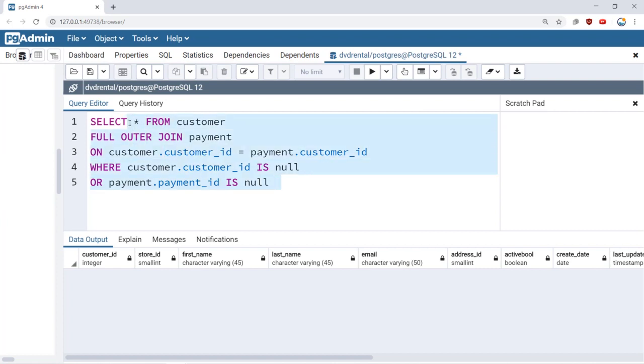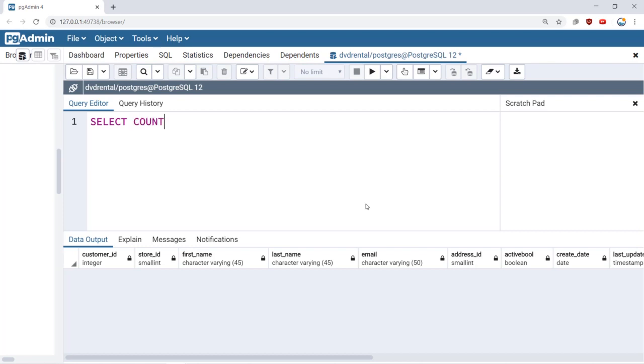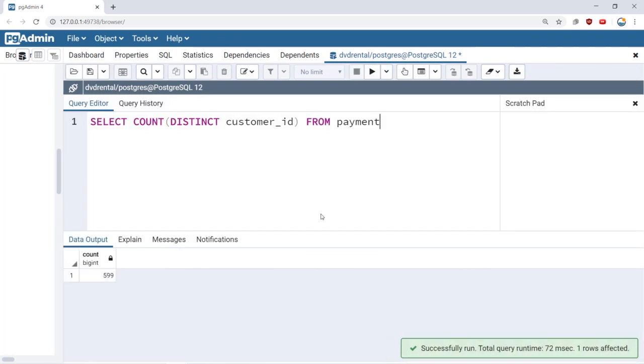And to confirm this, just so we can wrap our head around this idea, let's go ahead and just count the distinct customer IDs from the payment table. So if I run this, there's 599 distinct customer IDs in my payment table. And if I take a look at my customer table, refresh this, there is also 599 distinct customer IDs. Now, technically, this doesn't fully answer the previous privacy compliance policy because there could possibly be different ID numbers